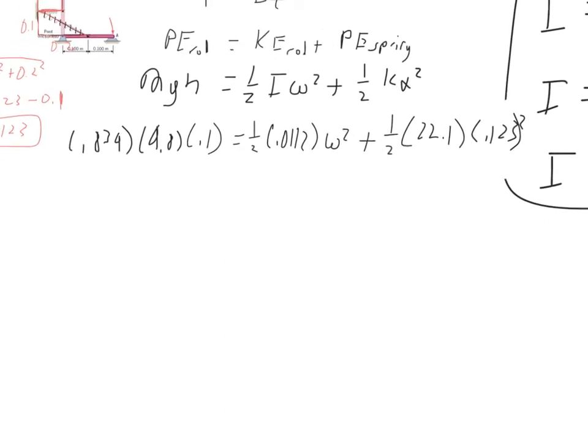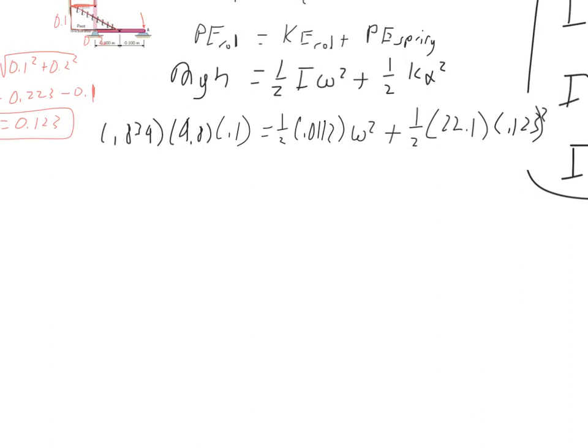Okay, now we can start to actually reduce some of these things down here a little bit. So this is all going to be 0.822. That's going to be 0.0056 omega squared. And this is going to be 0.167. So go ahead and do a little bit of algebra there. That's pretty simple. I'll let you figure that out. And bottom line is you're going to get omega is equal to